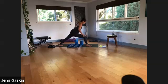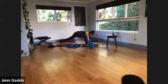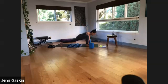And then we're going to go ahead and take the hands inside of that right foot. Pull your right knee up against your right shoulder. Lift your left heel up. Pull your left hip forward. Push your left heel back so your left quad is tight. You can squeeze your left knee and then sink the right sitting bone down and make a little circle. For 3,